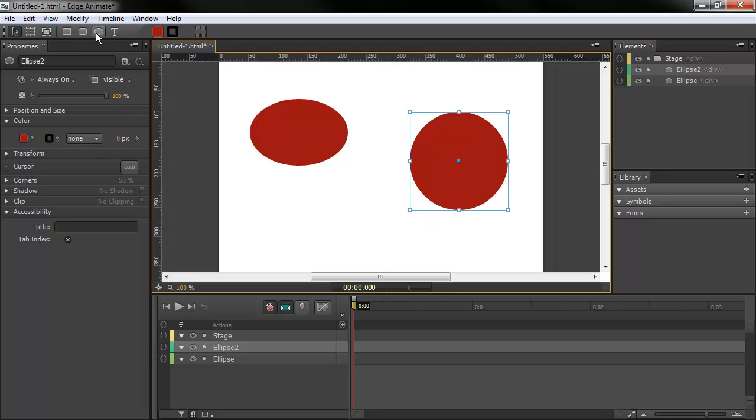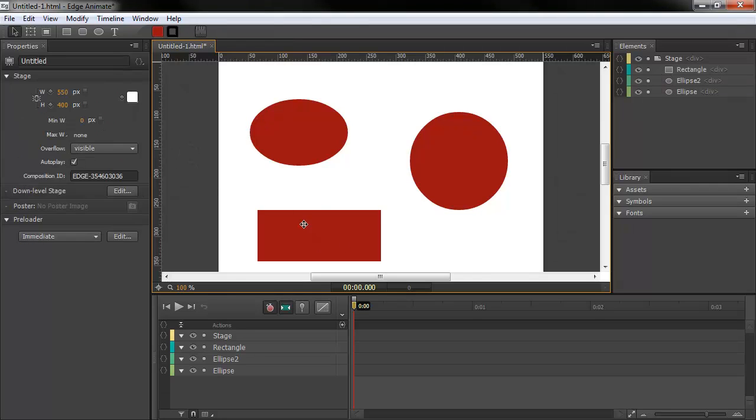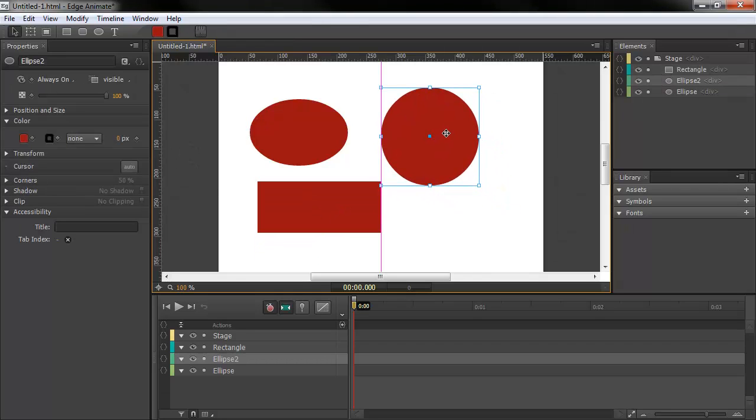So this is a brand new tool, and you can see it's got its own little icon here in the Elements panel. If I draw out a rectangle or a rounded rectangle, you can see that that has its own specific icon as well. So the other thing I want to show in this particular video is the ability that